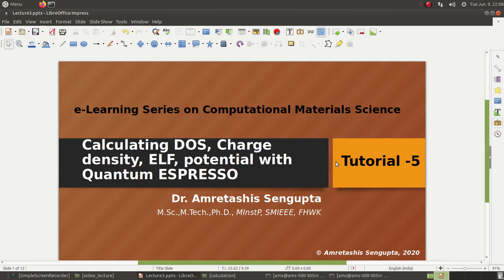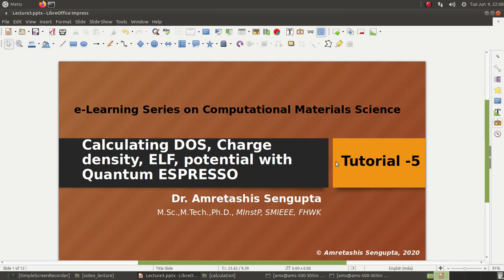So today in this fifth tutorial, we will be starting from where we left off in the previous tutorial 4. That was we had calculated the band structure of two-dimensional MoS2 with Quantum Espresso, and today we will start off from there, and we will go on to calculate the DOS, and then very importantly cube plots of charge density, electron localization function, potential with Quantum Espresso.